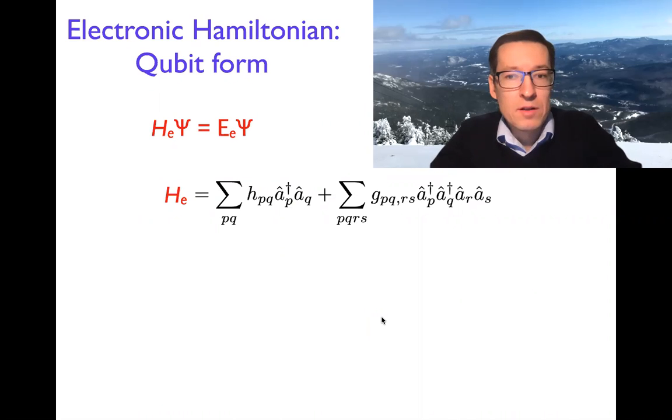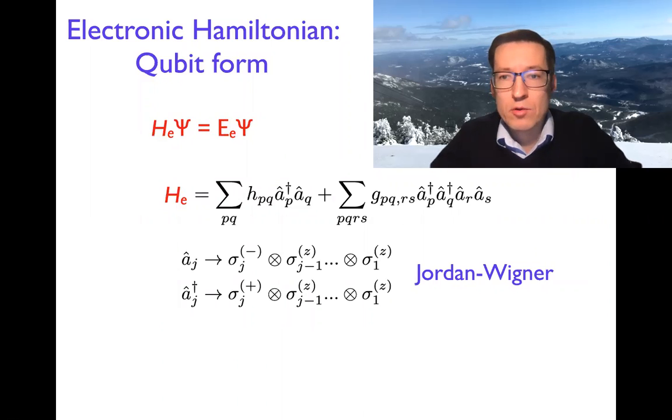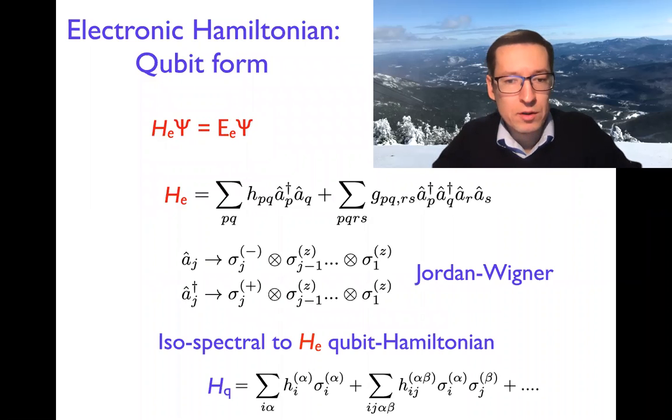Quantum chemistry tries to solve the electronic Hamiltonian eigenvalue problem. Usually the electronic Hamiltonian, for the purpose of using quantum computing, can first be expressed in fermionic operators, right here with the one-electron and two-electron integrals. And then, using a qubit-fermion mapping like Jordan-Wigner, Bravyi-Kitaev or any other mapping, it's transformed into the